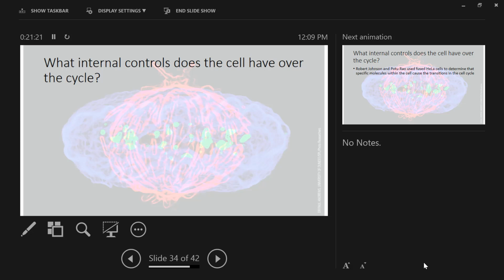All right. Somebody give me a reason why cells need to control when they move from one phase to another, when they go through the cell cycle. Levi. In a multicellular organism,